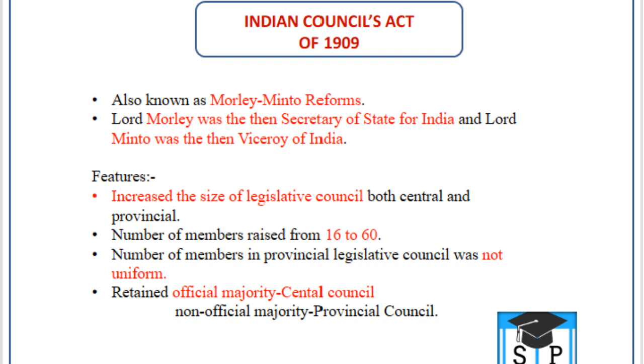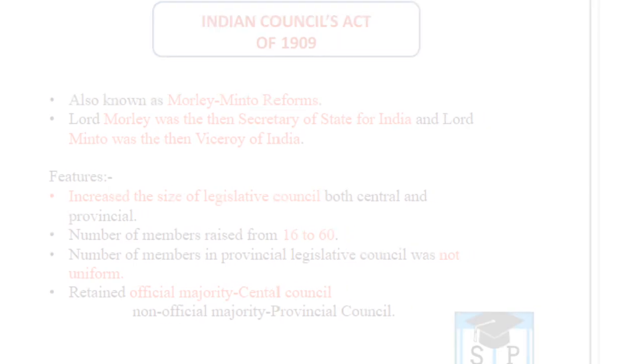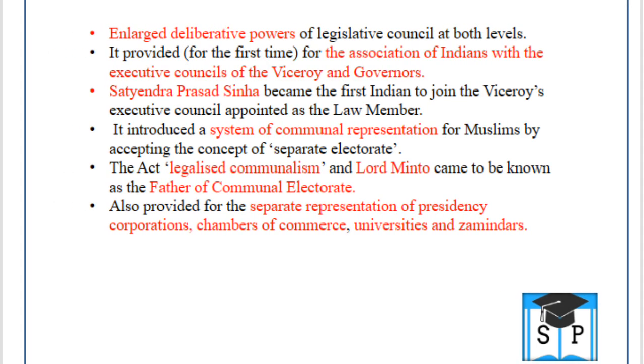but it retained the official majority in the Central Legislative Council, while allowing the Provincial Legislative Councils to have a non-official majority. That is, the majority in the Central Legislative Council was still the British, but the majority in the Provincial Legislative Councils could be Indians. This act also enlarged the deliberative functions of the legislative councils at both levels. Deliberative functions means that members were allowed to ask supplementary questions, move resolutions on the budget,